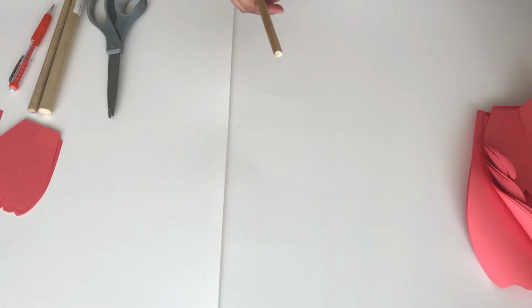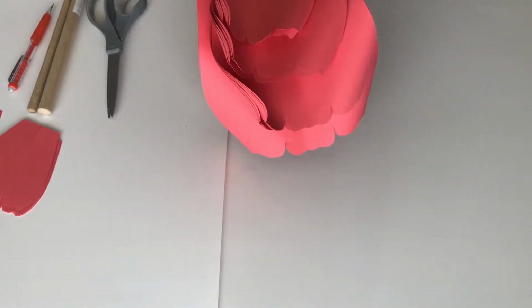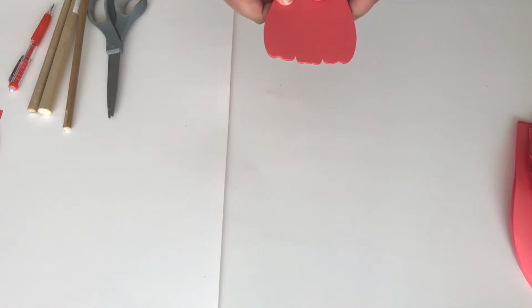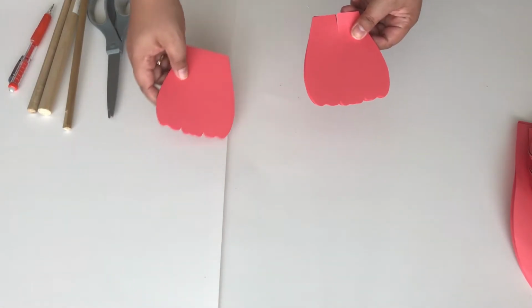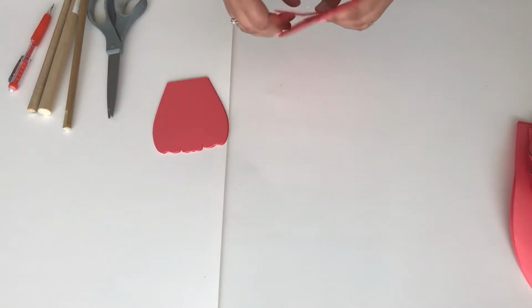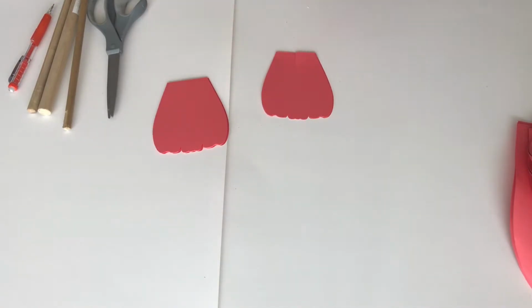So our layer 1, 2, 3 and 4 has already now a slit at the middle and then curled up the way we want it. So now our fifth layer, we have two sets of the fifth layer, the one with a slit and the one without. What we will do now is grab the set with the slit, and again, you don't have to fold it like what we did on the previous 4 layers, but we need to curl this because this is now